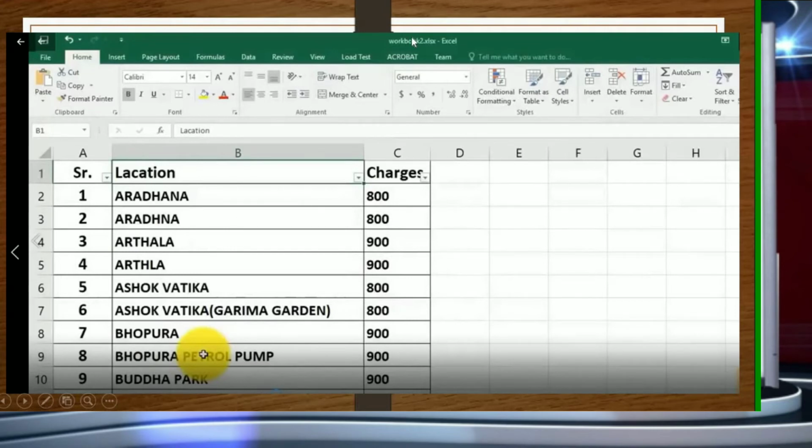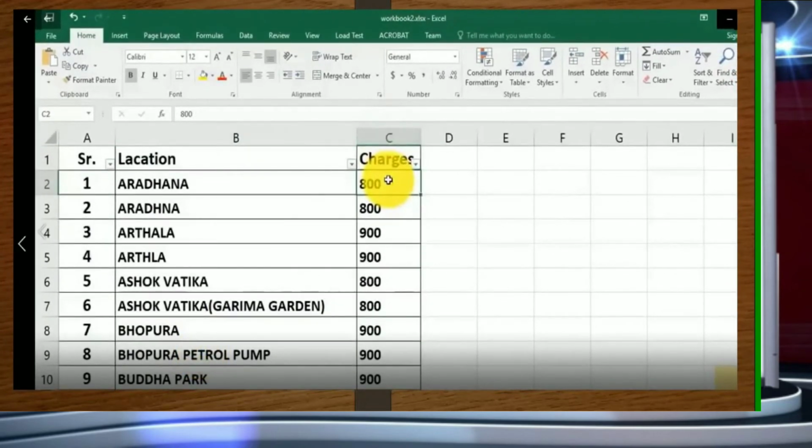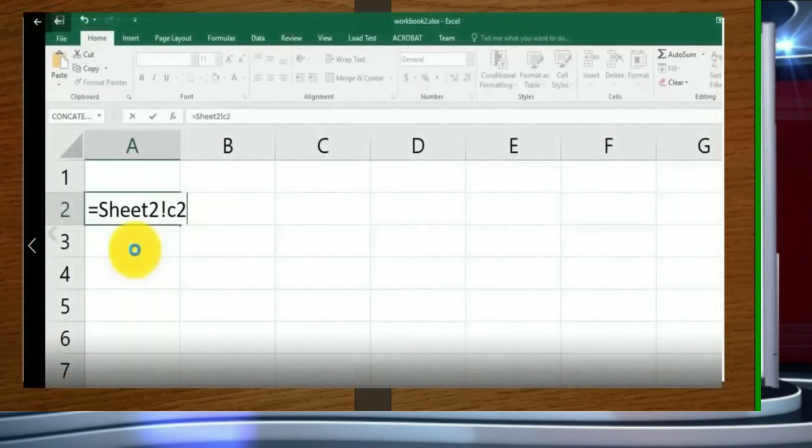Right now the file we are working on is workbook 2, you can see it above, and the data is in sheet 2. We are working in sheet 2. Now I want to fetch this value from this sheet and put it in another sheet in the same workbook. Maybe I want to go to sheet 3 and place the value there. So how can I do that?